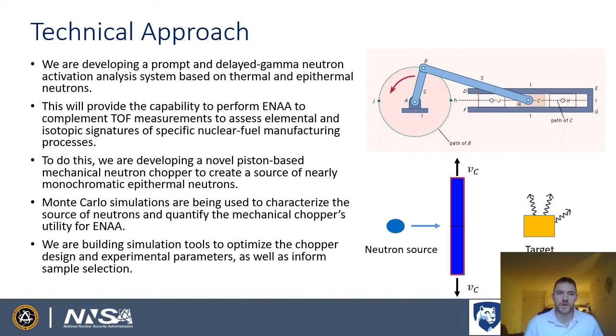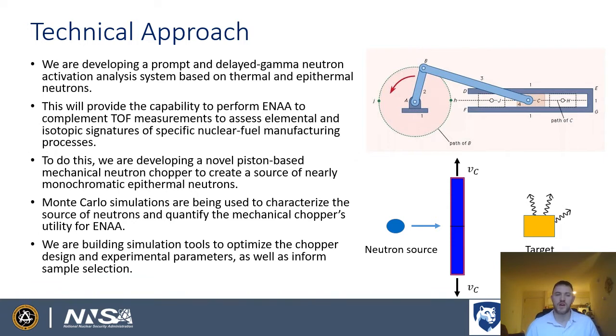So the way that we're approaching this problem is to develop a prompt and delayed gamma neutron activation analysis system based on both thermal and epithermal neutrons. So this will be able to provide the capability to perform epithermal neutron activation analysis, which can complement time-of-flight neutron transmission measurements. And this will help us in assessing elemental and isotopic signatures that are specific to nuclear fuel